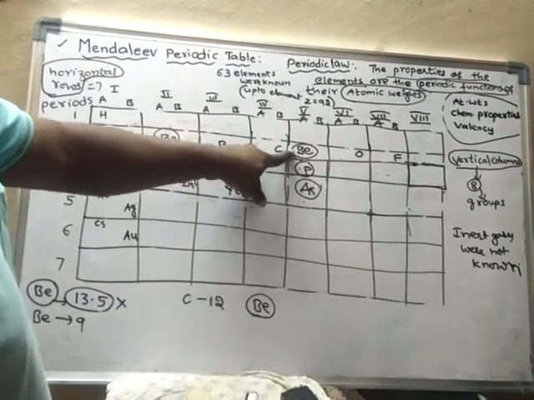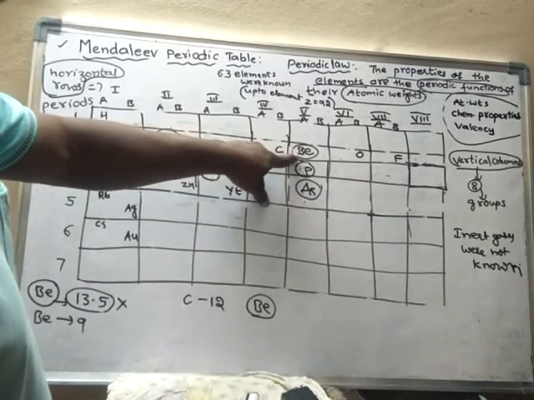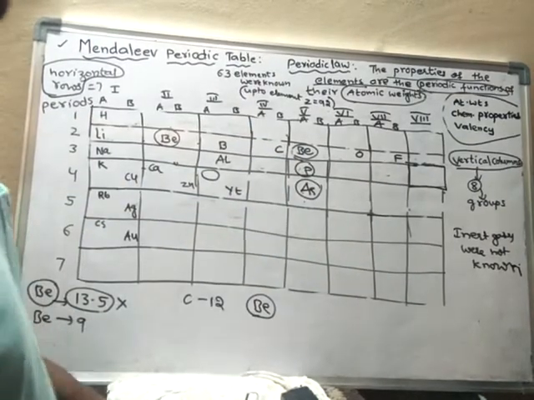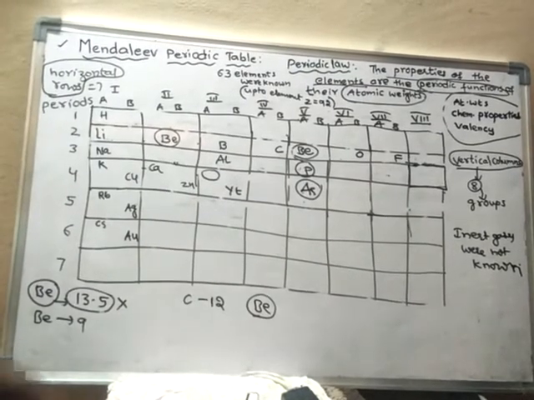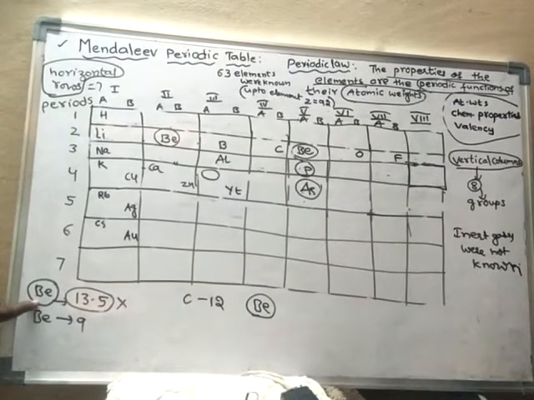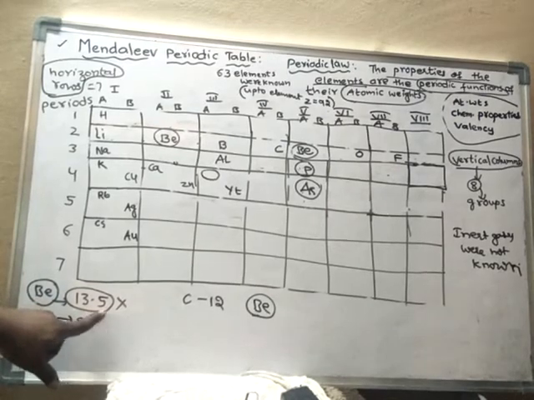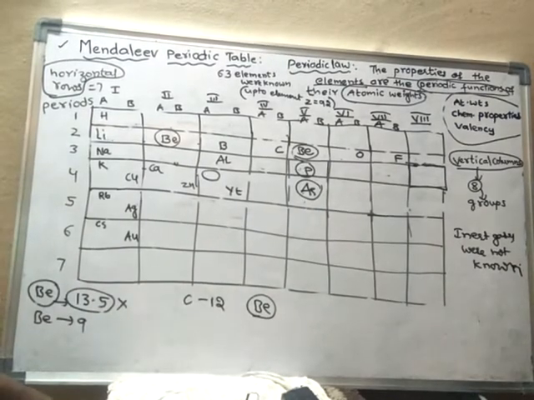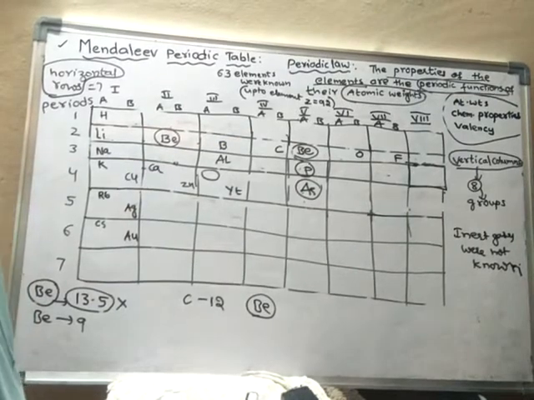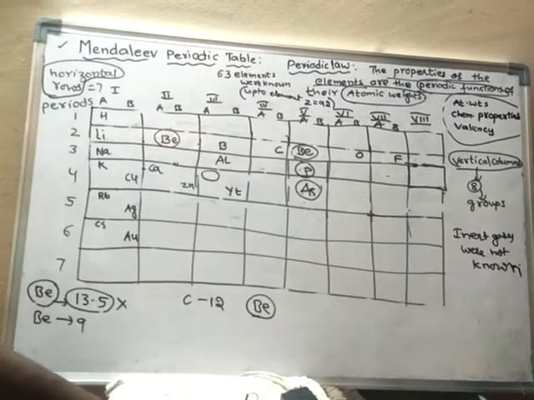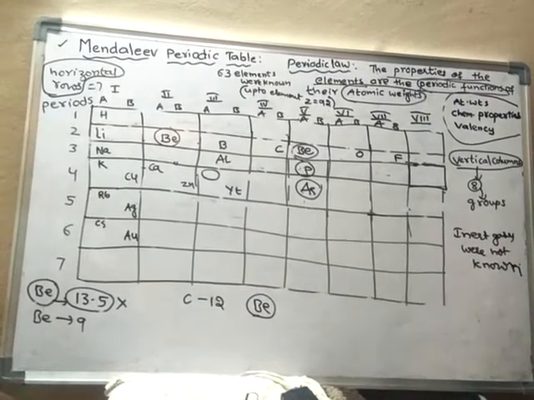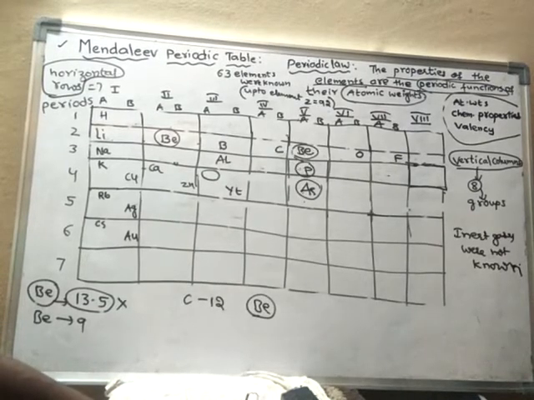As beryllium is not showing similar properties, the place of beryllium should be changed. He thought that beryllium is placed wrongly. But the mass of beryllium is 13.5, so it should come after carbon. So then he fell into confusion. Then slowly he composed himself, and finally came up with some ideas.